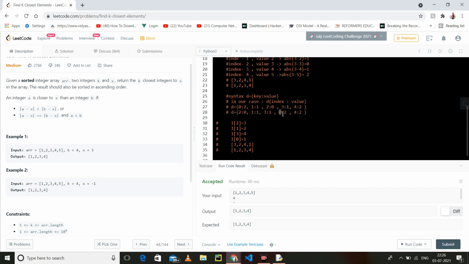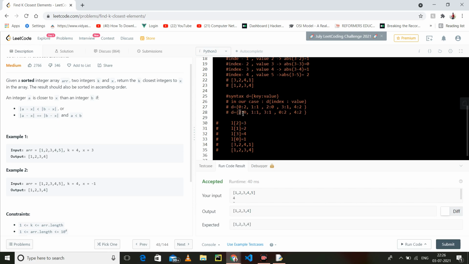These are the indexes, so I'm just taking this index. Why? Because I can take these indexes directly, since our absolute difference has been sorted. This ensures that whatever indexes you take, if you fetch the element from that index, that will be the closest element. Why? Because here the absolute difference is 0 1 2 3. Our absolute difference has been sorted, so I can directly go to the index. That's why I have stored the index as the key.